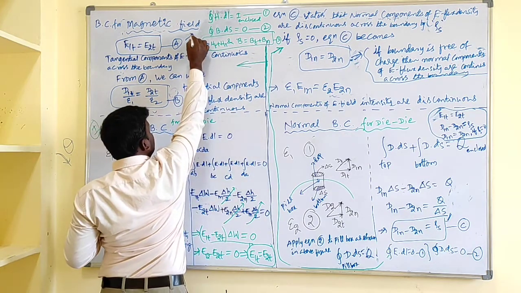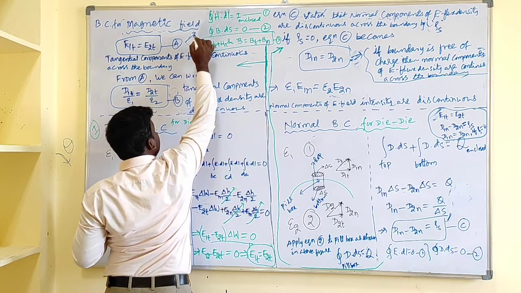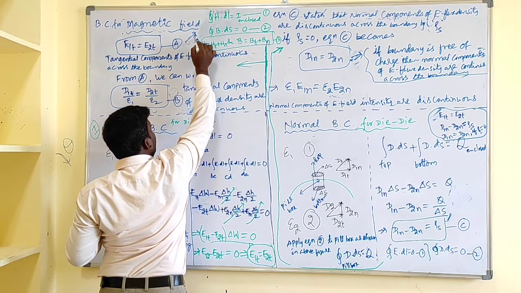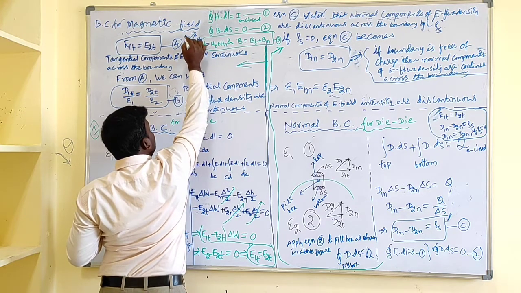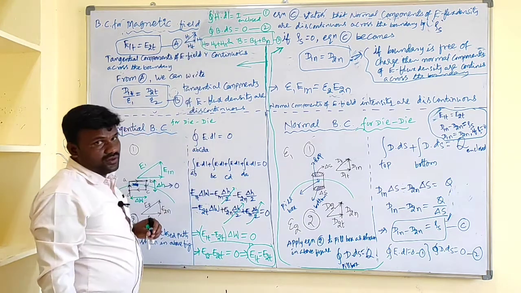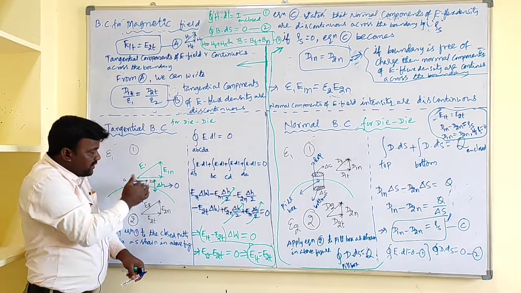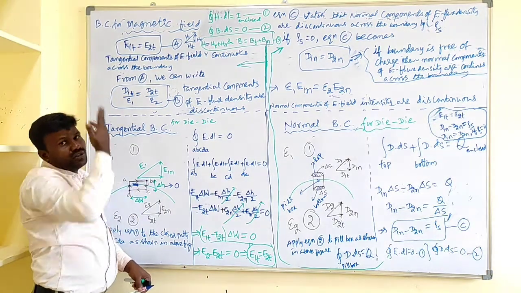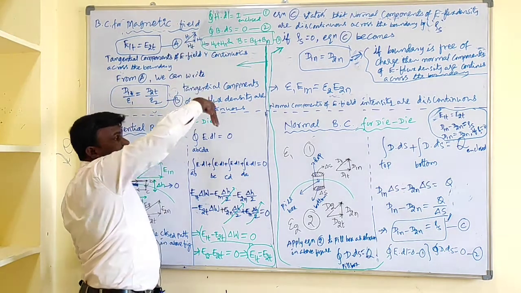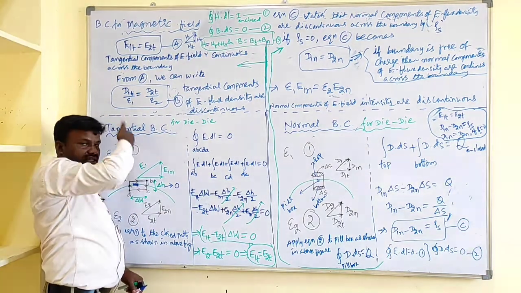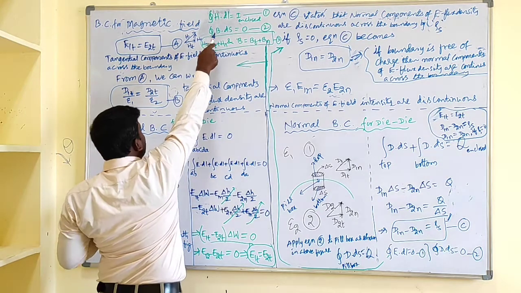This is H, and it is decomposed into a normal component, that is Hn, and a tangential component, that is Ht. One is along the boundary, that is the tangential component along the boundary, whereas the normal component is normal to the boundary. Tangential means horizontal, and normal means vertical. So we need to use these equations.